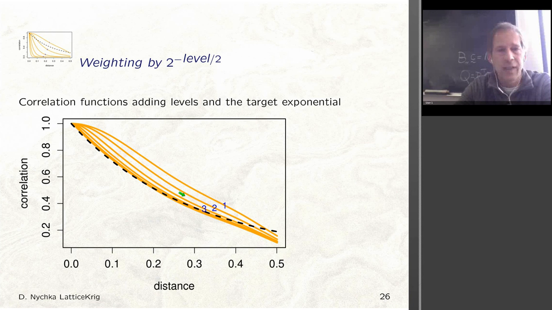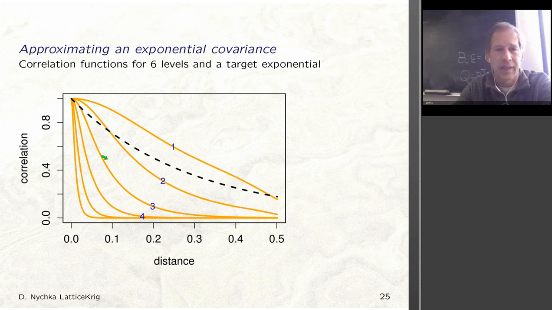So what I've done here is I've shown you how the multi-resolution is your friend. We're essentially taking mixtures of covariances, and by cleverly, well, I won't say cleverly because I did this, by weighting these in an appropriate way, we can often build many other shapes. Not just the Matern family, but